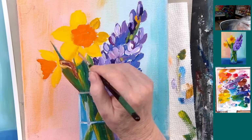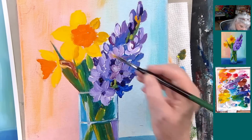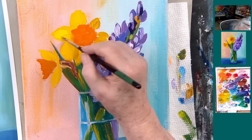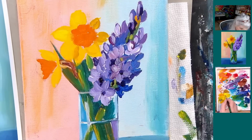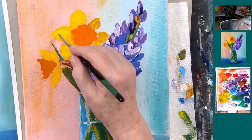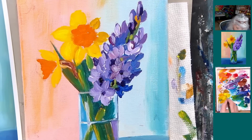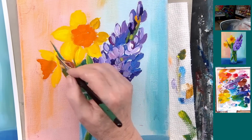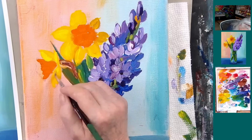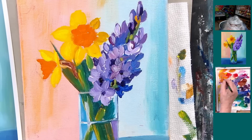Maybe this one has a little bit of a shadow. And I'll go back to the cad yellow light. And I'm going to put some cad yellow light on these petals. And you can see how much lighter the flower is, right? And I'm going to do some cad yellow light on these ones. Okay. And some cad yellow light and orange for